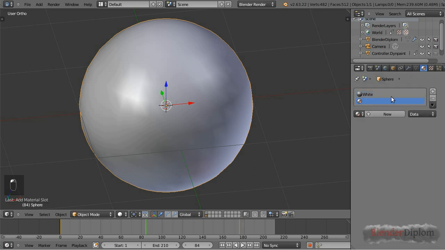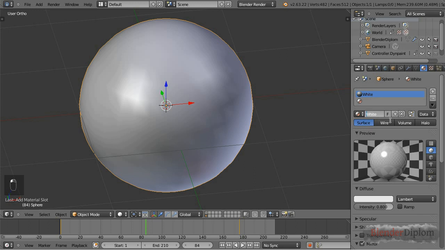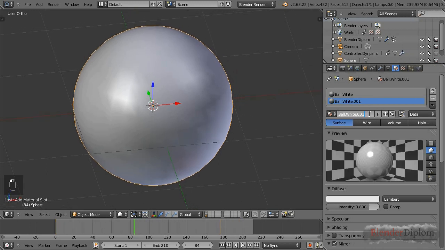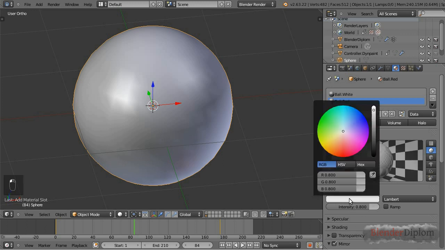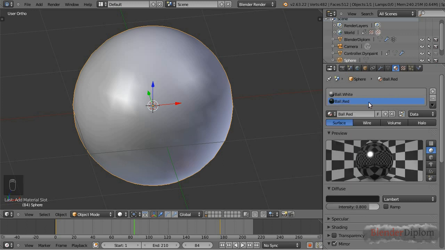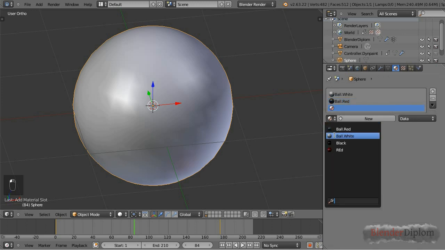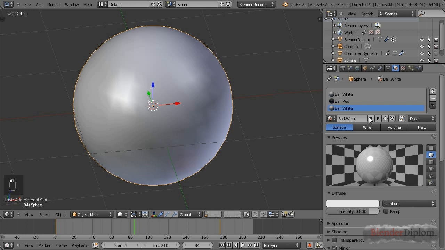So now let me also add another material. Let me first call this ball.white. And here I'm gonna select the ball.white, but I'm gonna hit this little 2 here, because this will make a single user out of it, so we can actually change it without changing the original material. But this now has a complete copy of all the settings, so we only need to change the diffuse. And I'm gonna do this once again because I want the ball to have stripes. So once again, first hit a little 2,